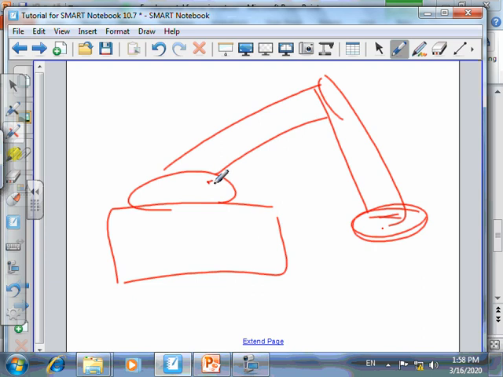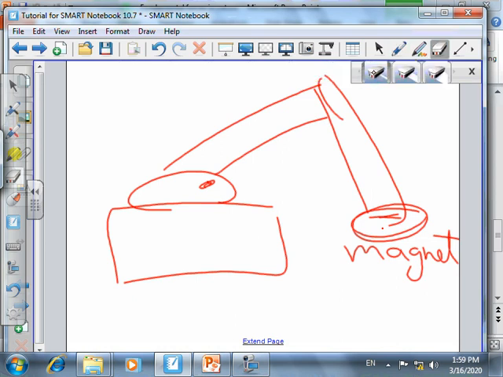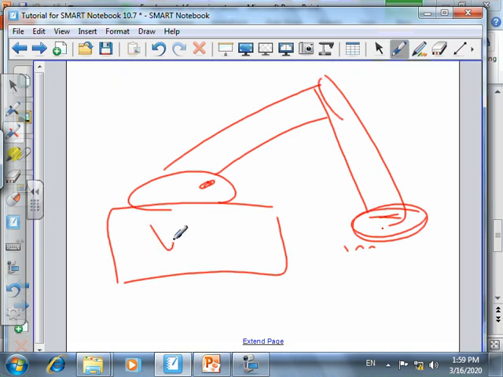When I connect it with the key, it changes from a simple piece of iron into a magnet and attracts the heavy iron blocks. If I disconnect it from the key, it returns to being a simple piece of iron and loses its magnetism. That's the first example, which is the winch.